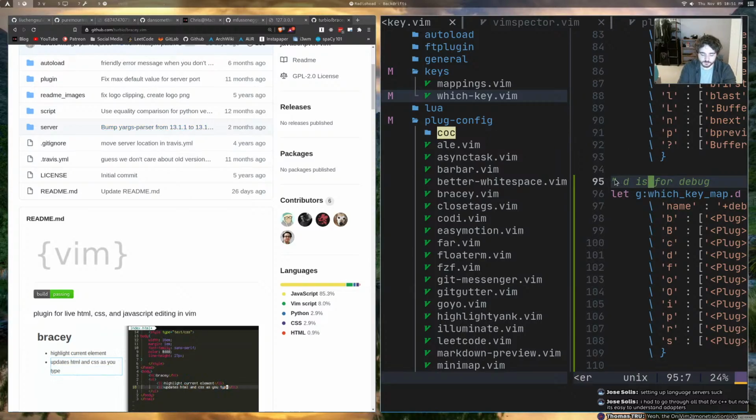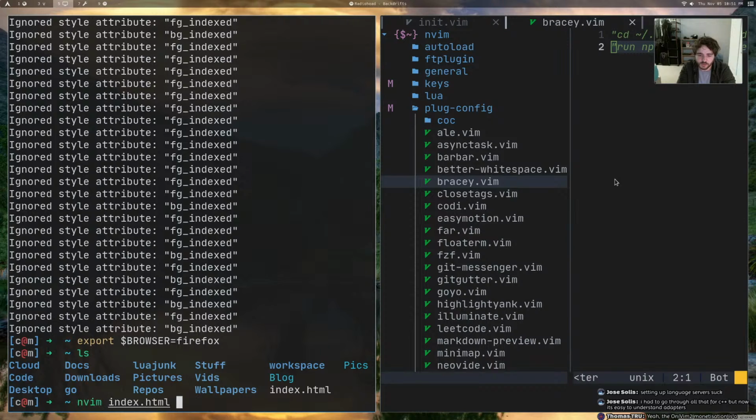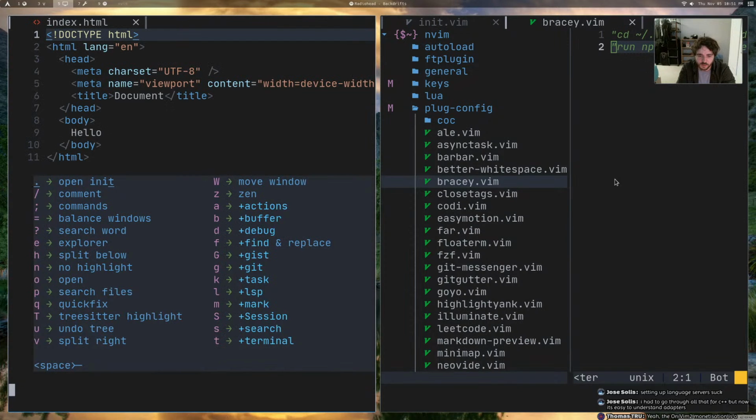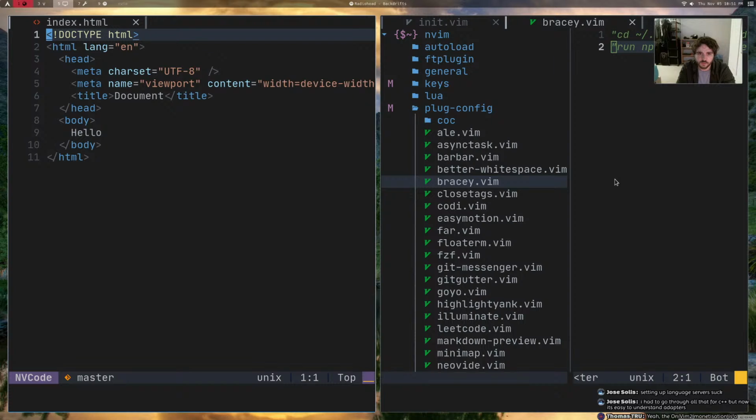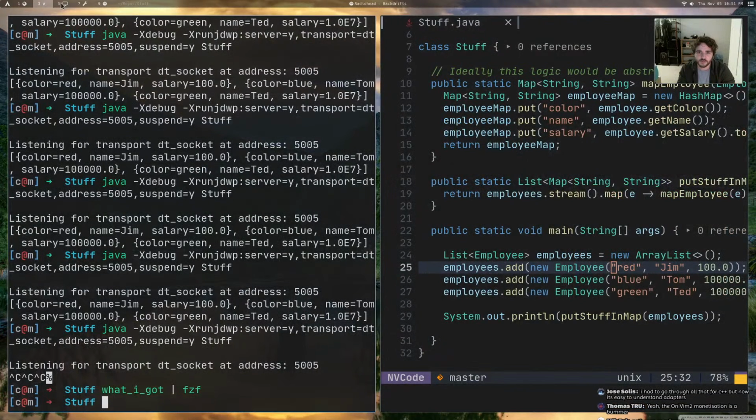What if I did this? What if I did export browser equals Firefox, and then if I did mvim index.html, and then if I came over here, it still looks at Brave. Whatever, I give up. Another thing you can do though is you can do live server,